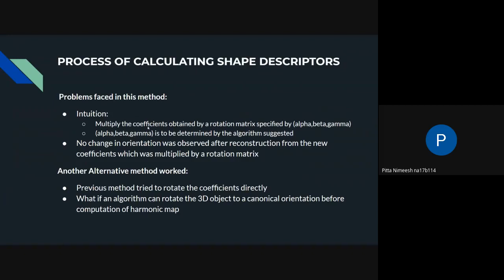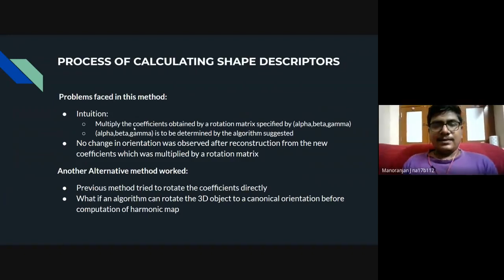Will that depend on the shape of the object? That indirectly will depend upon the shape. For the same object, for different orientations, the coefficients that we get will be different. So we try to apply an algorithm on the coefficients that we get, so that all the coefficients of a particular object can be rotated to a specific frame.